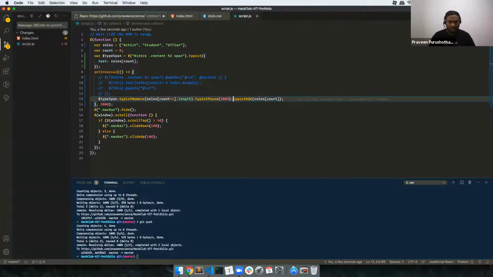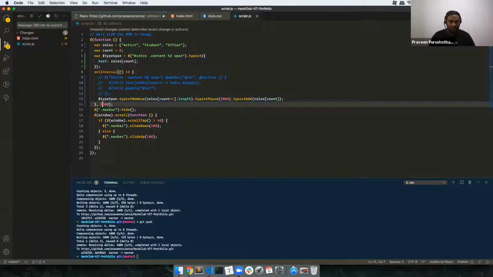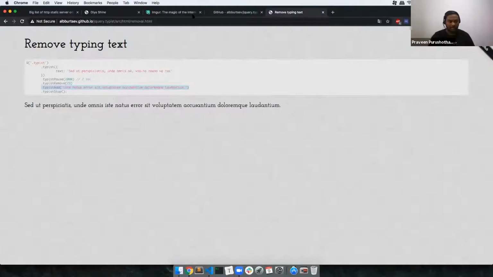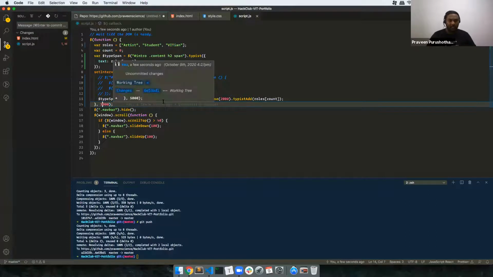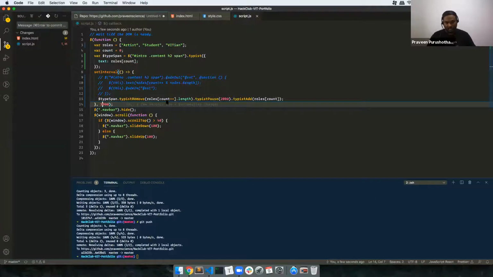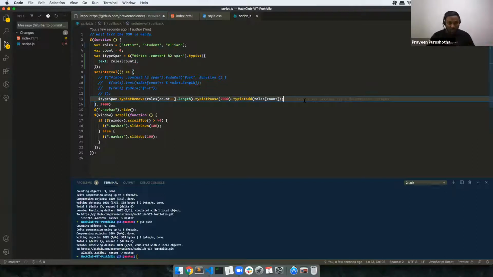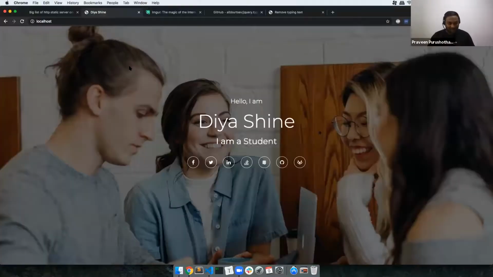Wouldn't roles of count plus plus take the length of the next one rather than the current one? No. Count plus plus will give the previous count, whatever it was before incrementing. This is a post increment operator, so it's going to give the current count. Whatever is shown here, that length is what it's going to use. Again, I don't know what's going to happen, so let's try it out. It's all about trial and error, right?